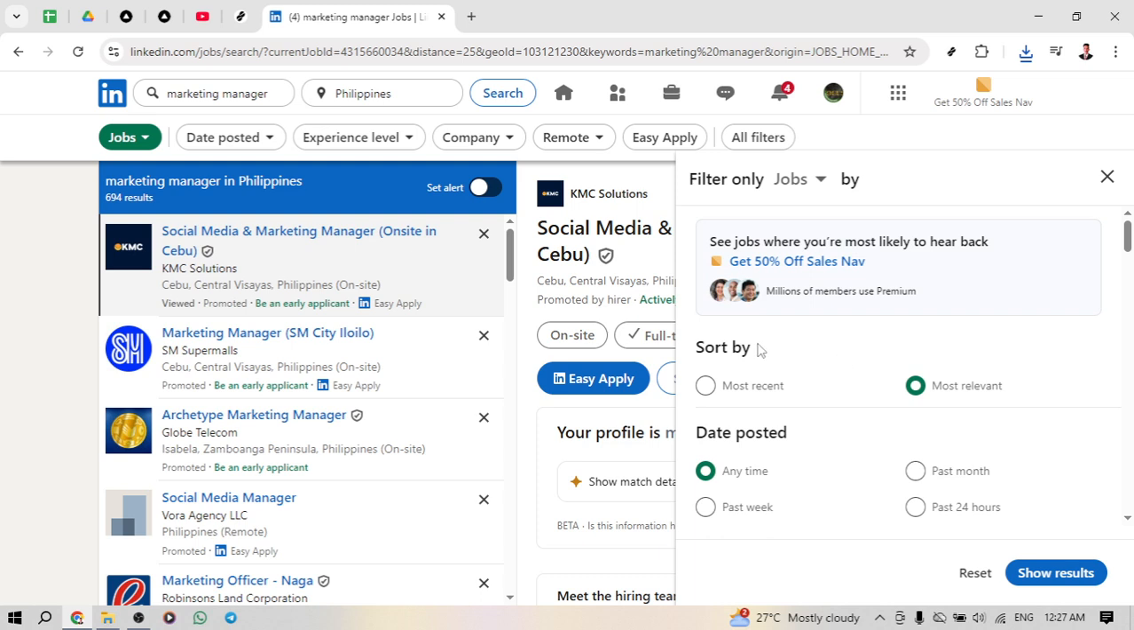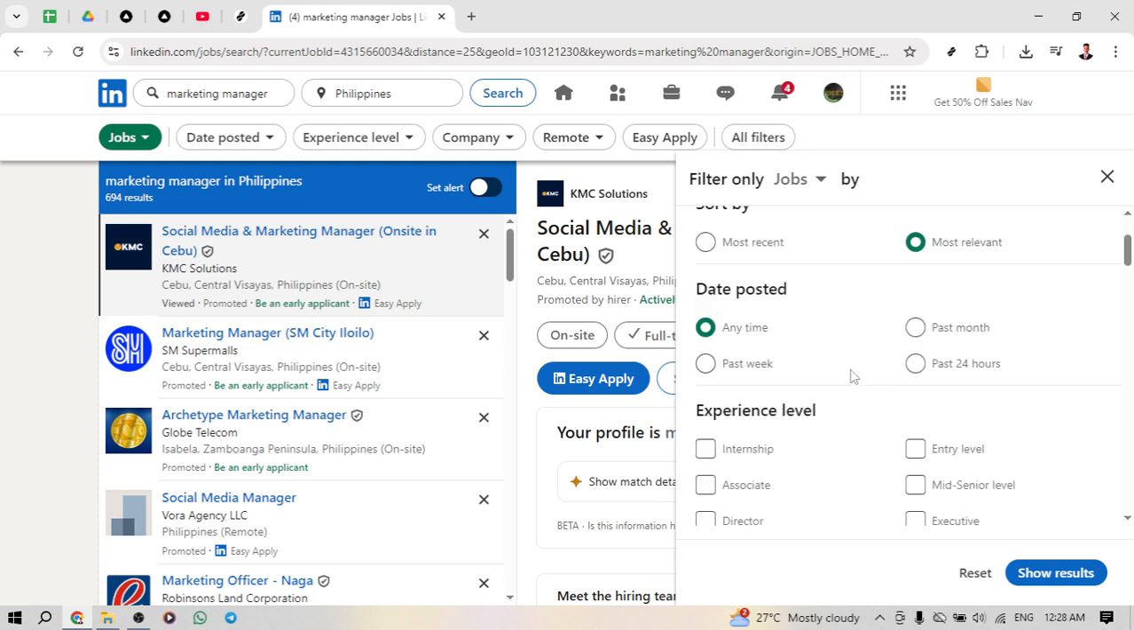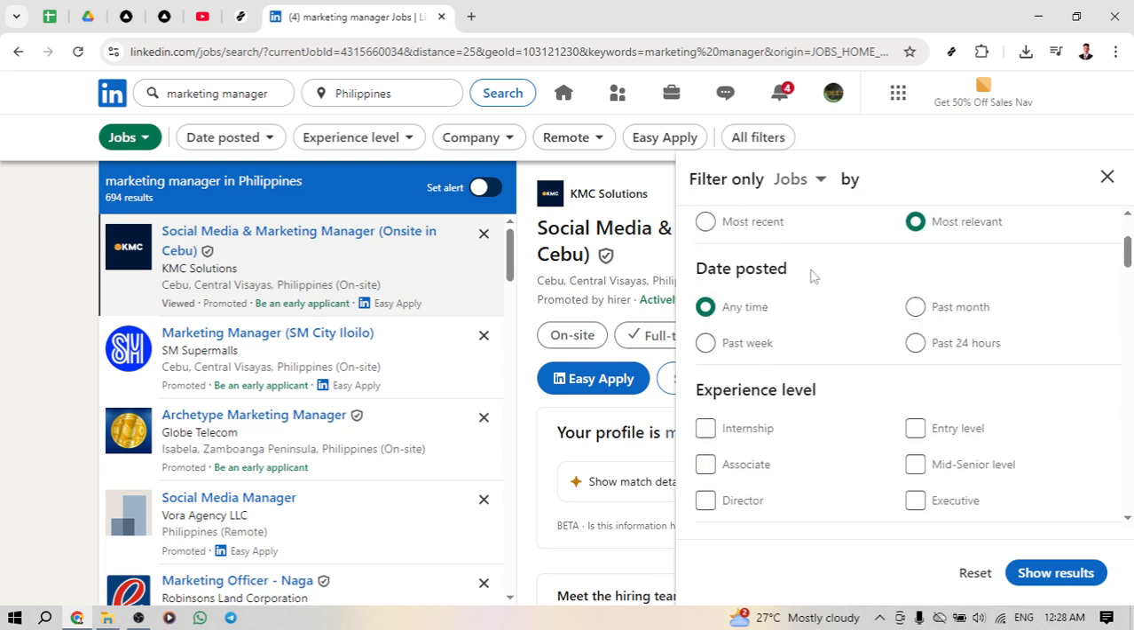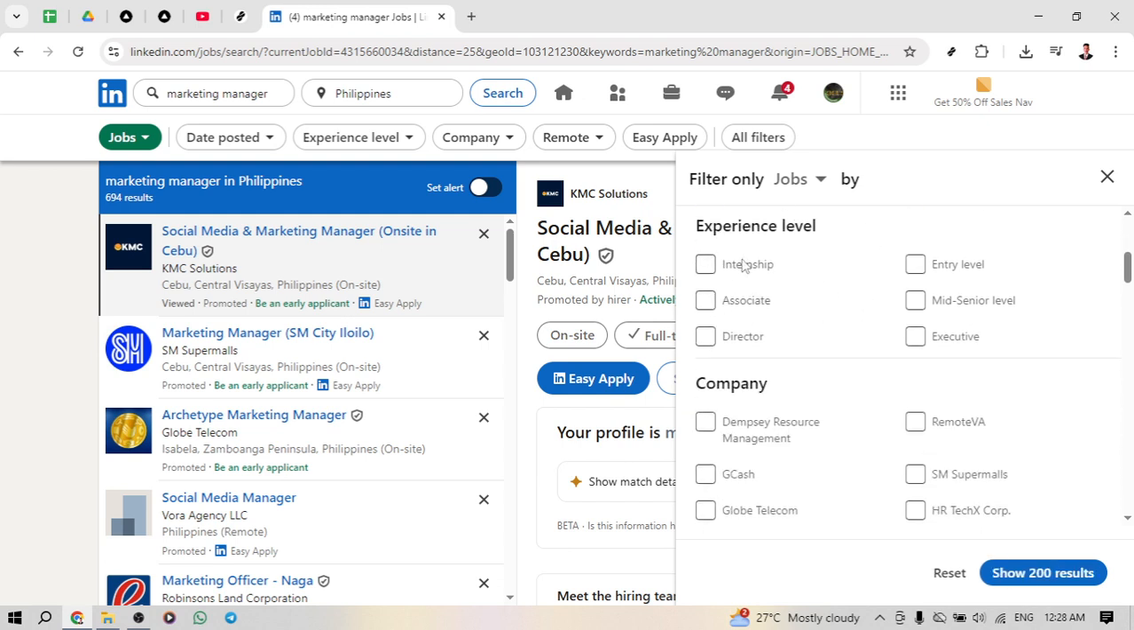Here, you can sort your results by either most recent or most relevant, depending on your priorities. Continuing with the available filters, you can select the date the job was posted. This can be particularly useful if you're interested in the most recent openings or opportunities that have been available for some time. Moreover, you can narrow your search by selecting a preferred experience level, ensuring that the results match your